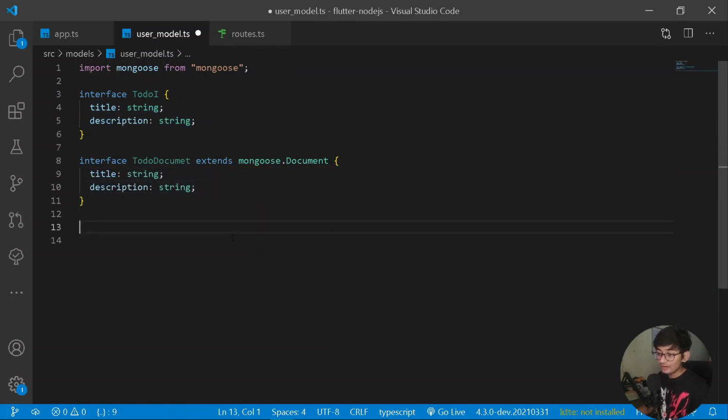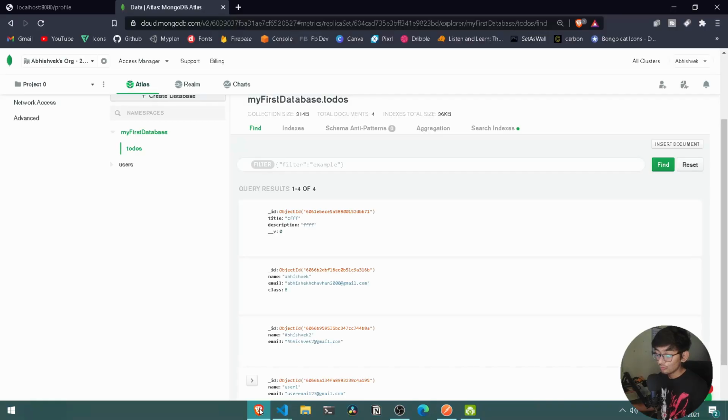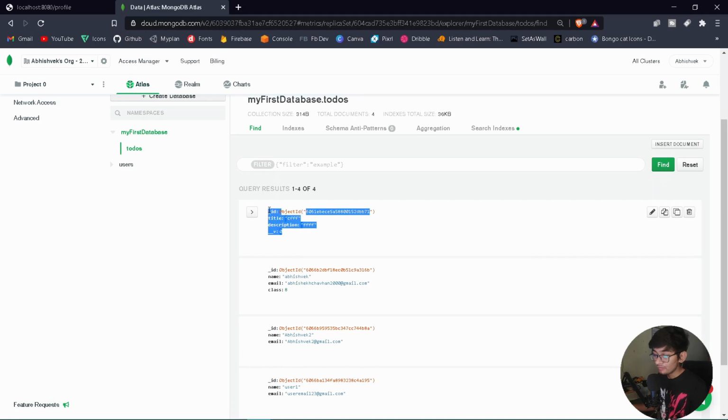After defining the document, we need to define a schema for our MongoDB. Now if I go back to my browser, under my MongoDB, the following thing is known as schema, where under a particular subcollection, that is a particular document, I am getting a description, a title, and an ID of a particular document. This thing is referred to as schema. Schema means nothing but simply the structure of our entire document, in easy words.